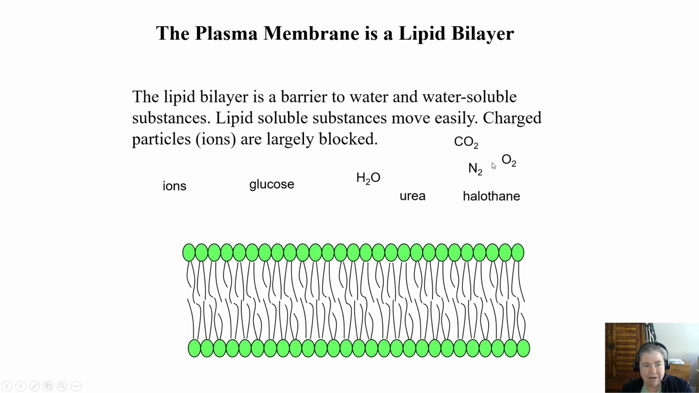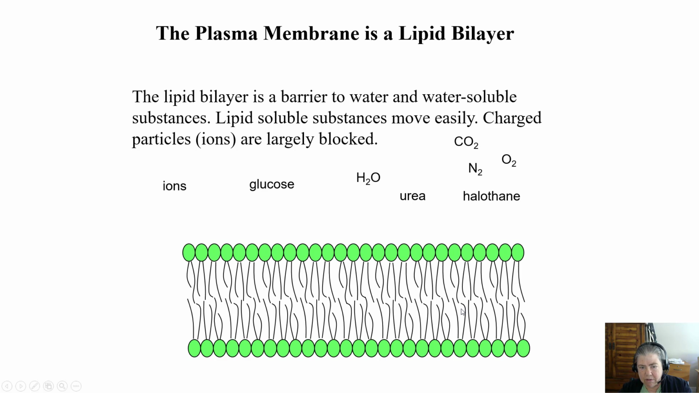And we have these substances floating around out here. Ions can't really do much of anything unless there is help. Glucose needs help because it's a pretty big molecule. Water diffuses not very quickly through the lipid membrane, so again, it needs a little help. There are some things that don't need much help. Gases tend to diffuse pretty easily